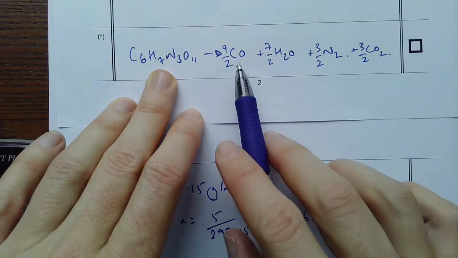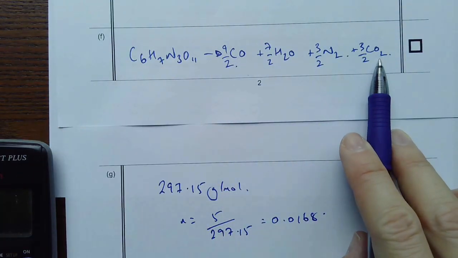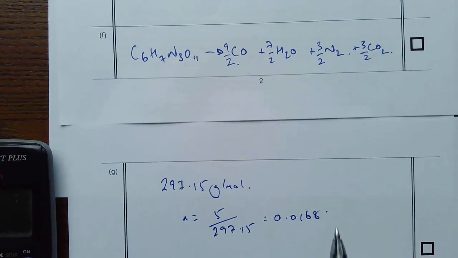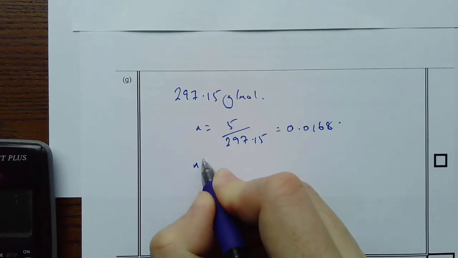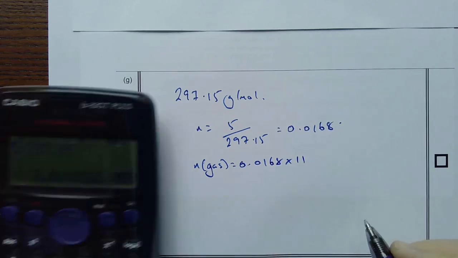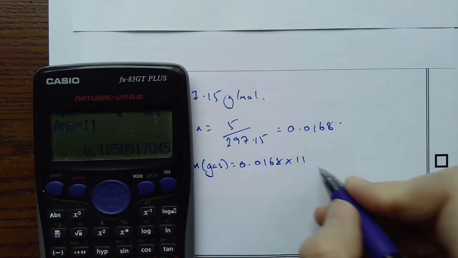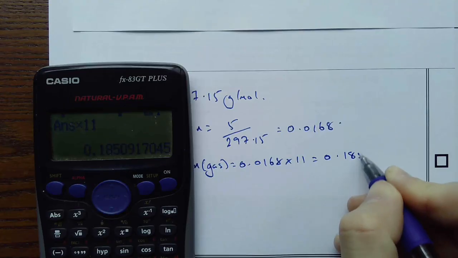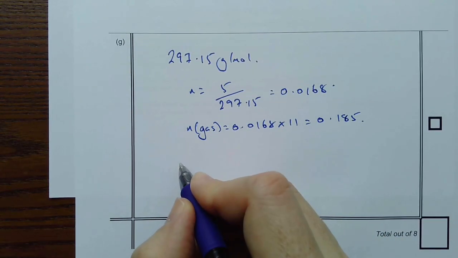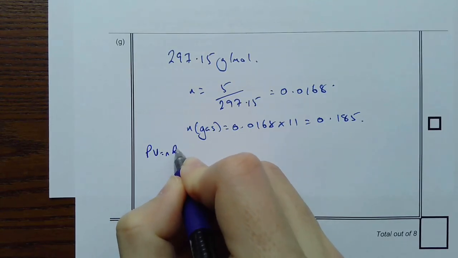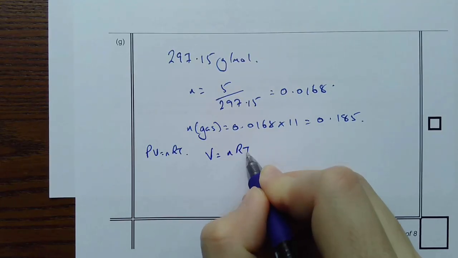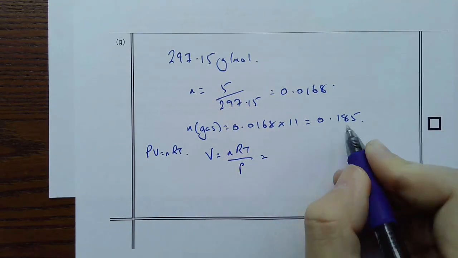Now that's the number of moles of my cellulose trinitrate. Now that's going to be converted into these 4 different gases. So I just need to add these up. So 9 and 7 is 16, and 6 is 22. 22 divided by 2 is 11. So my moles of gas is going to be 0.0168 times 11. So I multiply that by 11, gives me 0.185. And then all I need to do is put that into my ideal gas equation. So PV equals nRT. I am trying to work out the volume of gas produced, so it's going to be nRT over P. So that's going to be my moles from here,